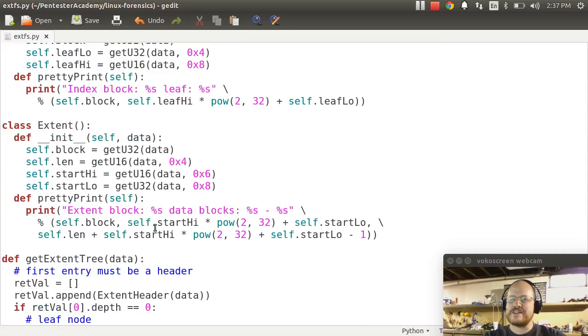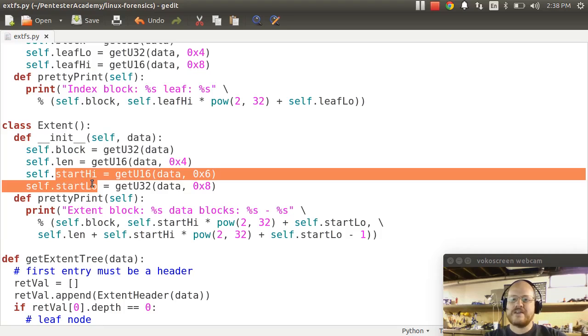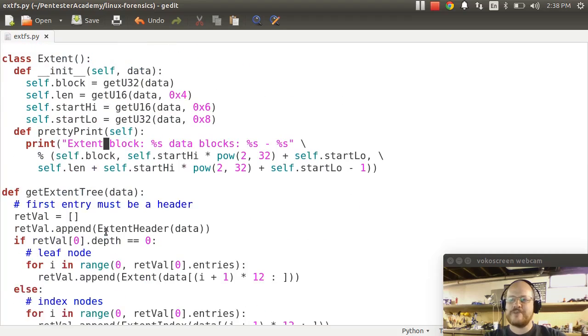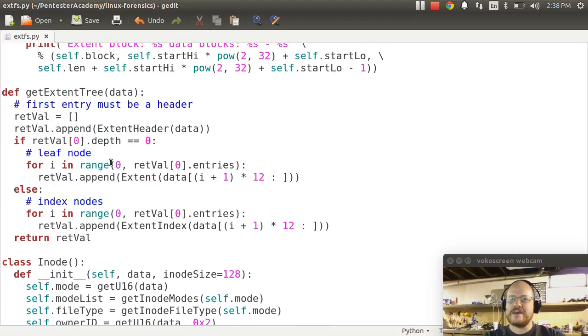And then finally, I added an extent class that will print out the block. It has the length, how many data blocks are in this run, as well as the 48-bit address for the starting block. Once again, I defined a pretty print, and I added a simple method called getExtentTree that will take